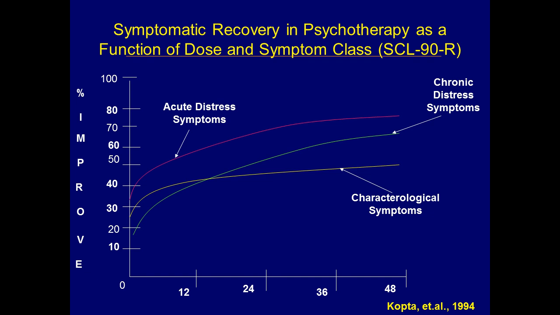And while I think, if I remember right, don't hold me to this, I think it took something like 11 weeks to get a 50% reduction in symptomatic distress with the acute distress group. But it took slightly over a year to get a 75% reduction. So you can see that these improvement curves are heading for asymptotes fairly quickly. So the sense that your patients aren't improving quite as much over time is probably an accurate one in terms of pure symptomatic distress.